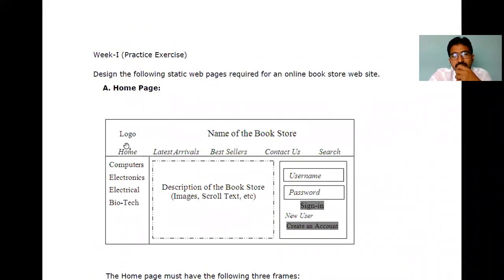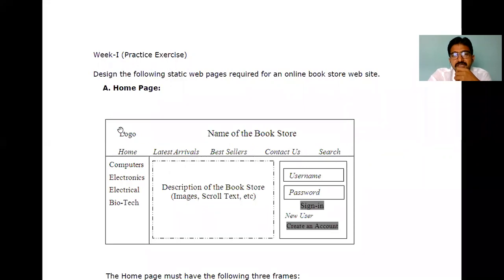Inside this table, how many rows are there? First row, second row. In the first row, again 2 columns. In the first column, logo. Second column, name of the bookstore. In the second row, how many columns? 5 columns. Home, first column. Second column, latest arrivals. Third column, bestseller. Fourth column, contact us.